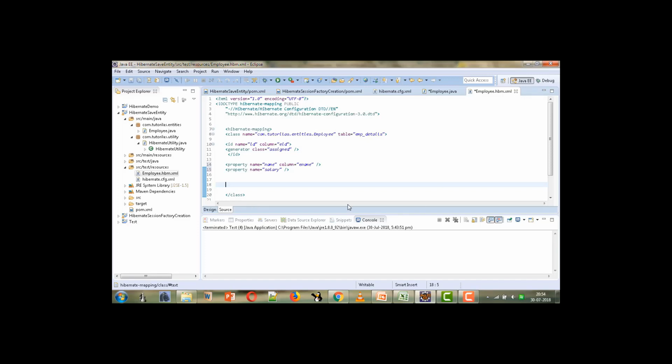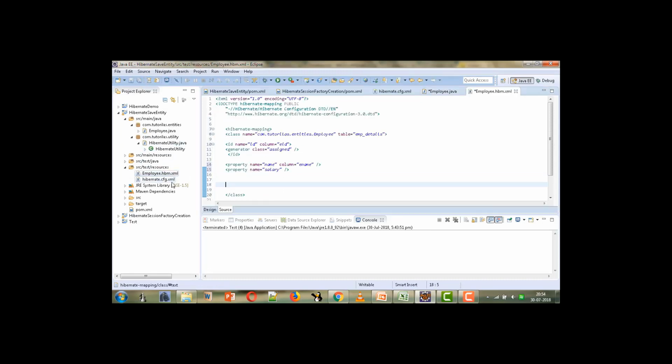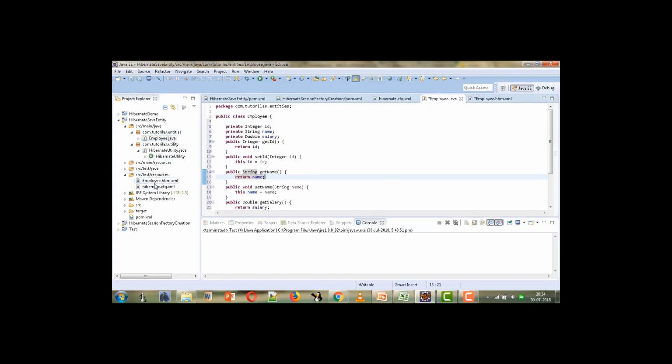Hi, welcome back. So in the previous tutorial we created this project, Hibernate Save Entity, in which we created this entity class Employee and we provided the code for employee.hbm.xml, where we have given how the employee is to be mapped to the EMP details table. So we had given over there that class Employee has to be mapped in this table EMP details, and then we provided the mapping for the different columns. Now we use this file because we are not using annotations while creating our entity Employee. So therefore this hbm.xml file is required for it.